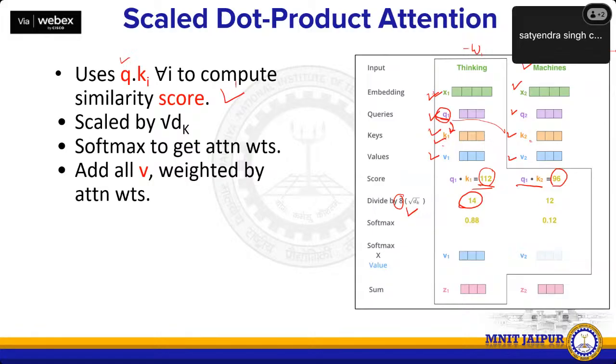Here dk represents the dimension of the key vector. Why are we doing this scaling? This scaling prevents the dot product from becoming too large. So this dot product should not become too large, so we divide it with the scaling factor. And on this, we apply a softmax function to squash it and get the probabilities. Basically, this becomes your attention weight. And once you calculate the attention weight, we multiply it with the value vector to get